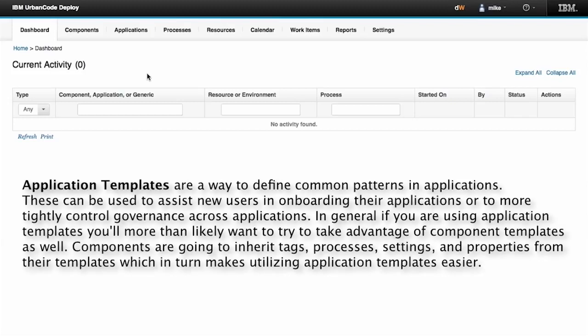Application templates are a way to define common patterns in applications. These can be used to assist new users in onboarding their applications or to more tightly control governance across applications. In general, if you're utilizing application templates, you'll likely want to take advantage of component templates as well. Components are going to inherit tags, processes, settings, and properties from their templates, which in turn makes utilizing application templates